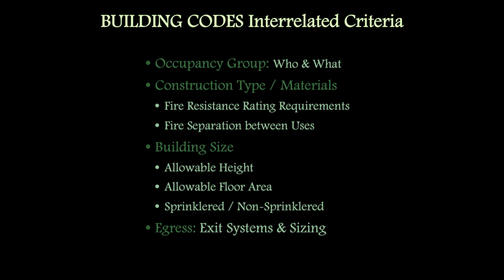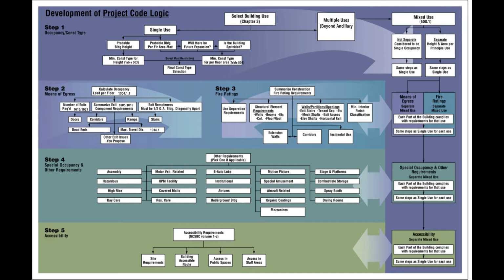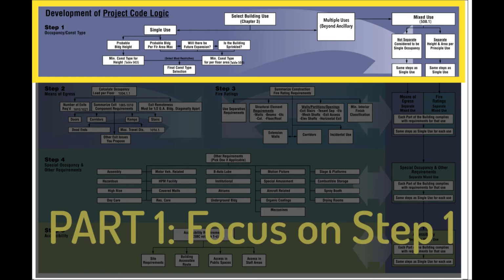Part one, we're going to be looking at the basic provisions, as well as limitations on size, height, and construction materials. And in part two, we're going to be developing a deeper understanding of your project occupancy and the egress system to support the number of occupants that can be anticipated in your building. We're going to use this project code flowchart, which was developed by our own local building codes office, and it marches us through several interrelated steps by which we can start to assess the way that the building codes will